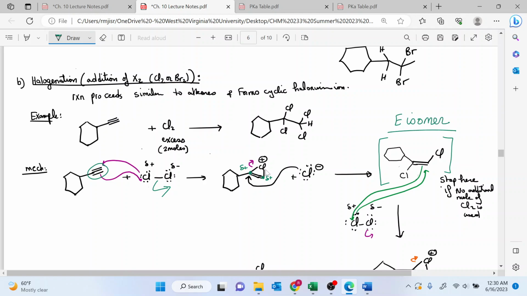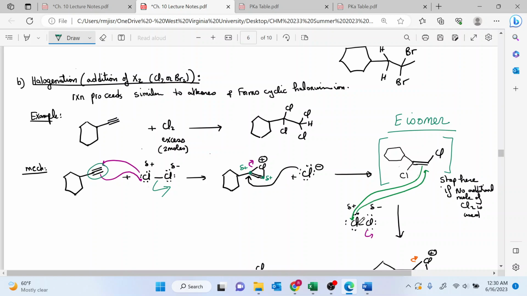This is always the case with this reaction. You're never going to get the Z. You're going to get the E isomer, where you're going to end up having your two halogens on opposite sides. Now you're going to stop this reaction here if you are using just 1 mole of the chlorine, showing the E isomer. If you are using a second mole of the chlorine, then this is going to be exactly the same